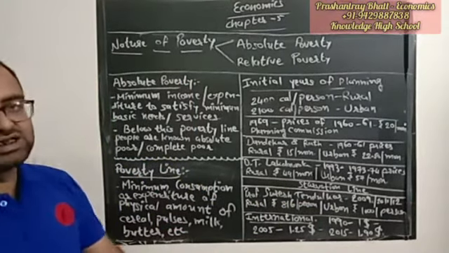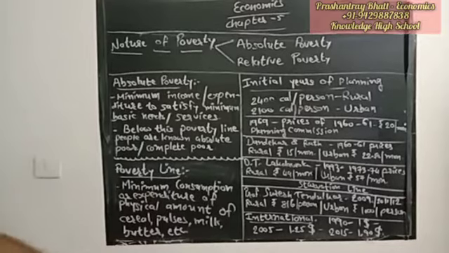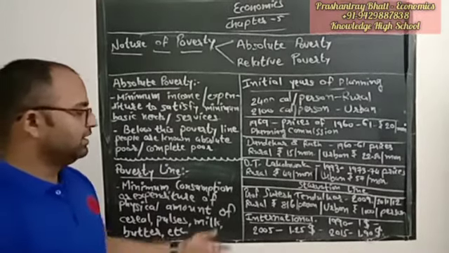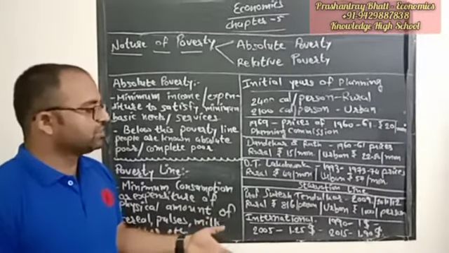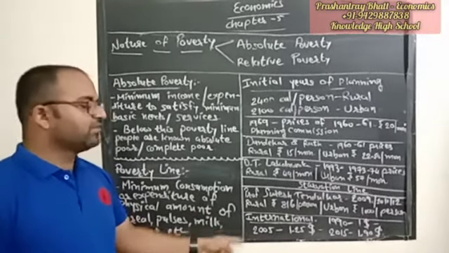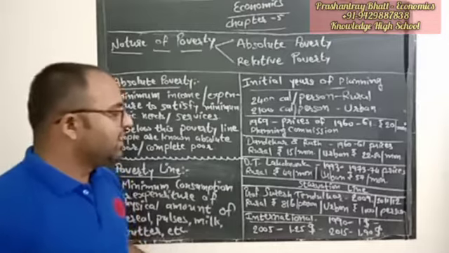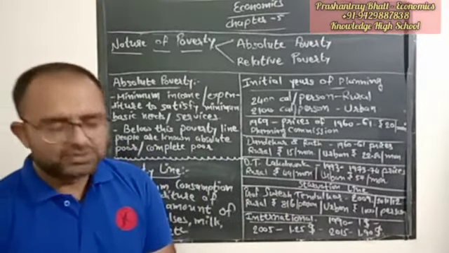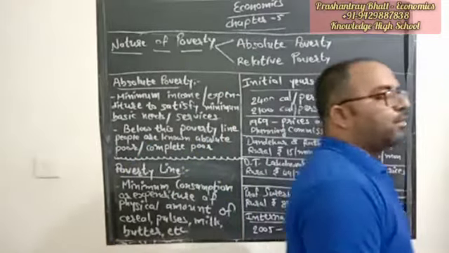Right? And at last we just continued with the data of the international level. In 1990 the poverty line was $1 in US dollars. Right? $1 at the international level. In 2005 it increased to 1.25 USD, and in 2015 it came to 1.90 USD. So guys, this is about the absolute poverty and the poverty line.